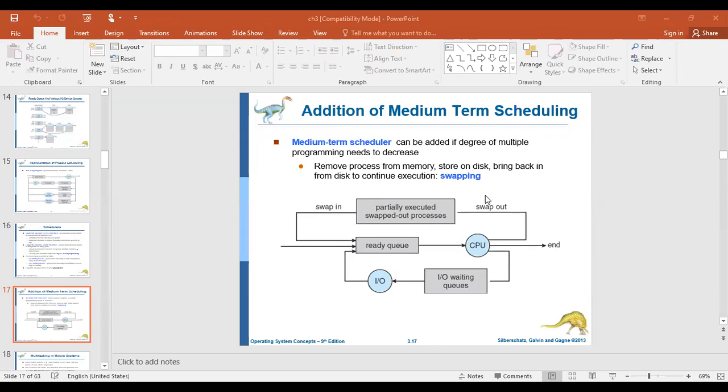So from the memory, it fetches the information and keeps it on the disk. Whenever it continues its execution, it is brought back from the storage disk itself. Let us see this process with the help of the diagram. Once it is placed in the ready queue, it starts its execution. During that, if it needs the services of any other devices, it will be placed there, right? So here the swap out means it is redirected, or it allows the other device for the process. Okay. So what happens?